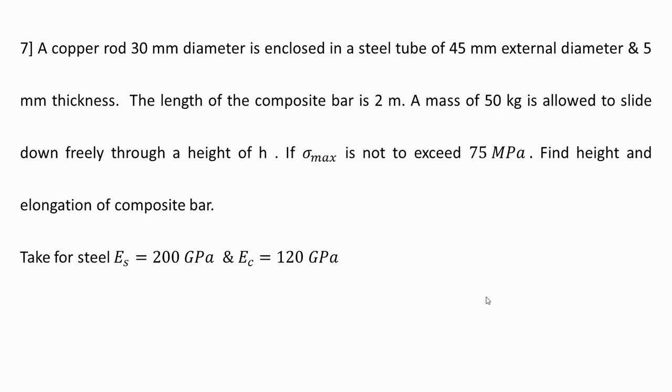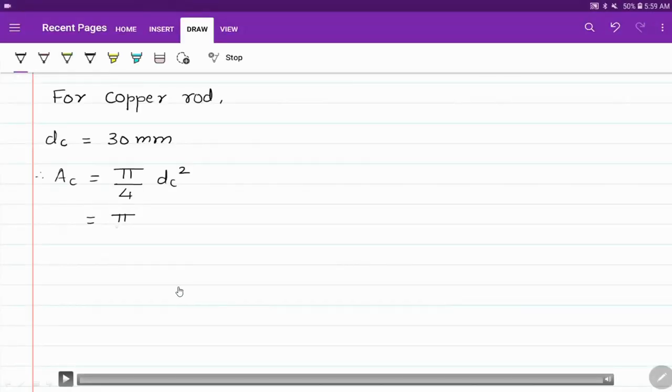A mass of 50 kg is allowed to slide down freely through a height of h. So a composite bar is there and a mass of 50 kg. It will slide along that particular bar through a certain height of h, and maximum instantaneous stress is not to exceed 75 MPa. Find height and elongation of the composite bar. For steel, modulus of elasticity is 200 GPa, and for the copper, the modulus of elasticity is given as 120 GPa. Now, copper rod is solid, so its diameter is given as 30 mm,